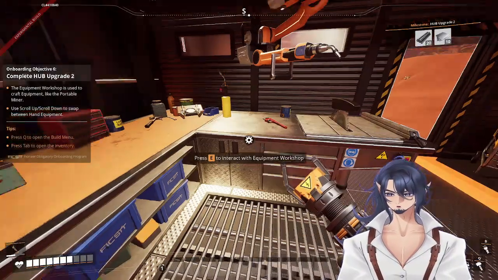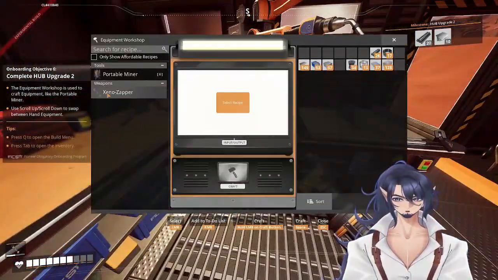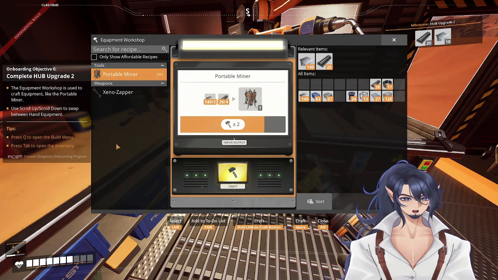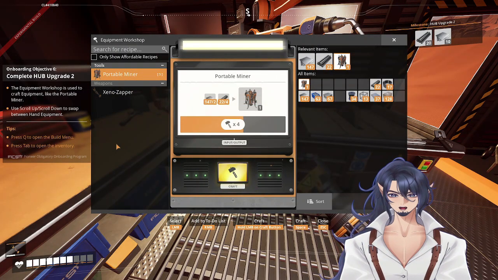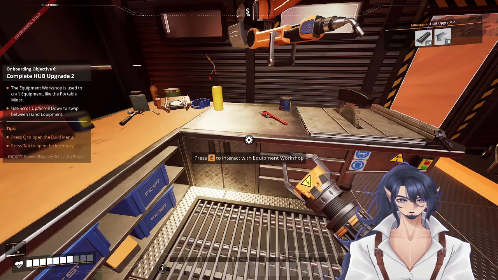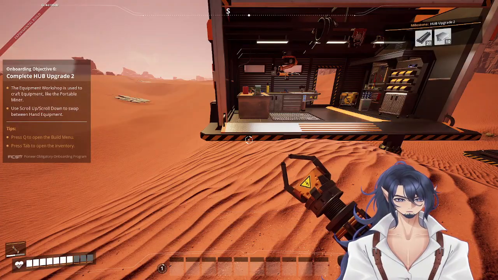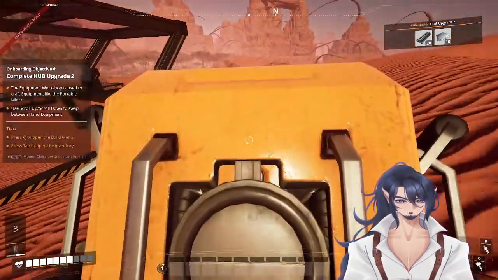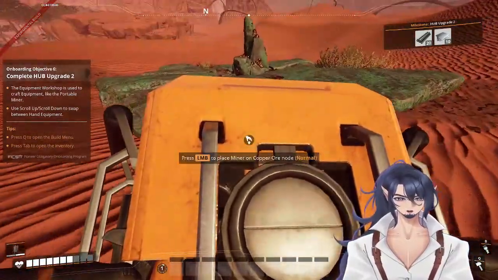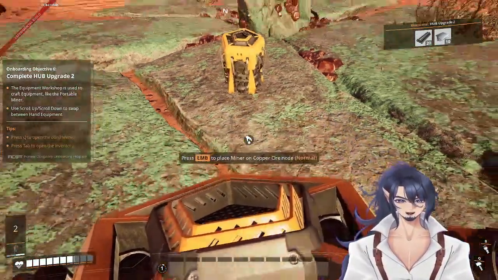You can come in here and you can make a whole bunch of different equipment. So, for example, portable miners. I'm going to go ahead and actually make a couple of these guys, just so that way I can show you what they do. So, these little guys are the start of it all. You would go to a node, place it down,